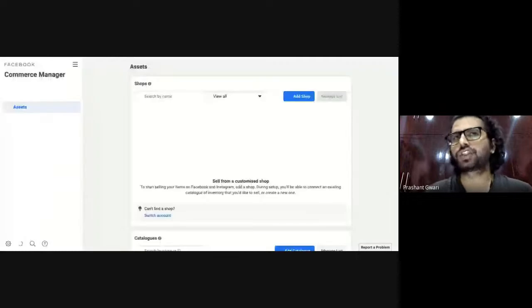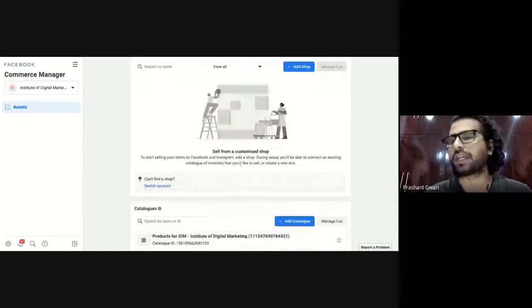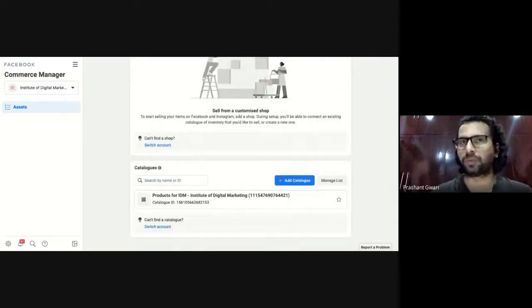But remember that the shop feature of Facebook and Instagram is not available for everyone. Facebook is slowly rolling out this feature in India, especially in the Instagram section. In the Facebook section, maybe you will find the shop feature. But on Instagram, the feature is only available for big brands like Myntra, Amazon, Lakme, Zara, and H&M. But within a few months, you will find a shop section on Instagram too. So go to the commerce section of Facebook Business Suite and try to create a shop and a catalog too, where you are listing more than one or two products. Once you create that catalog, you can use it directly in your advertisement.